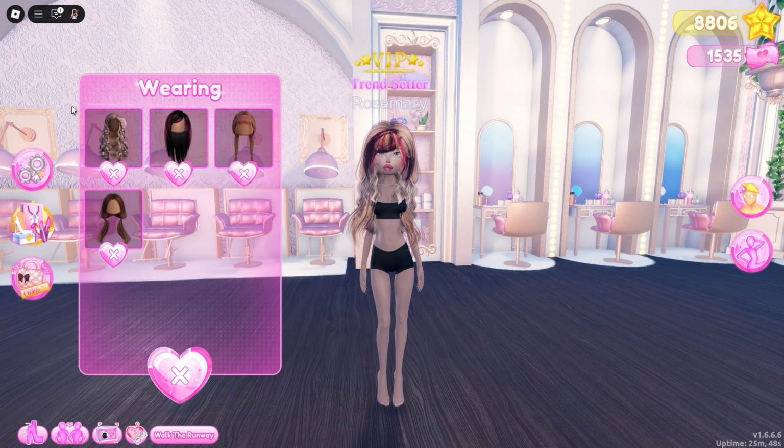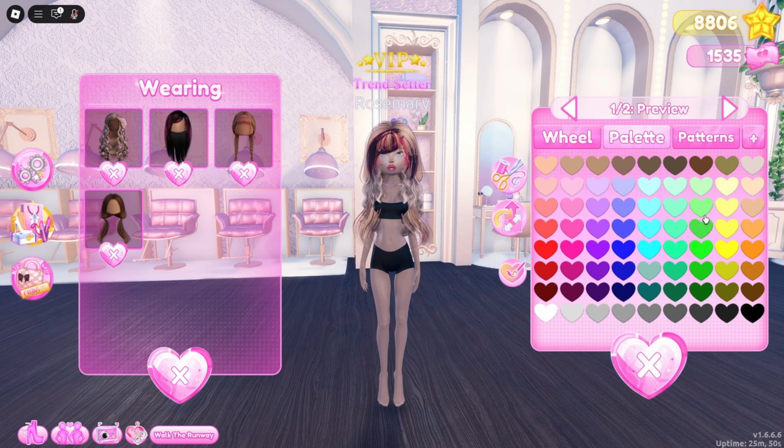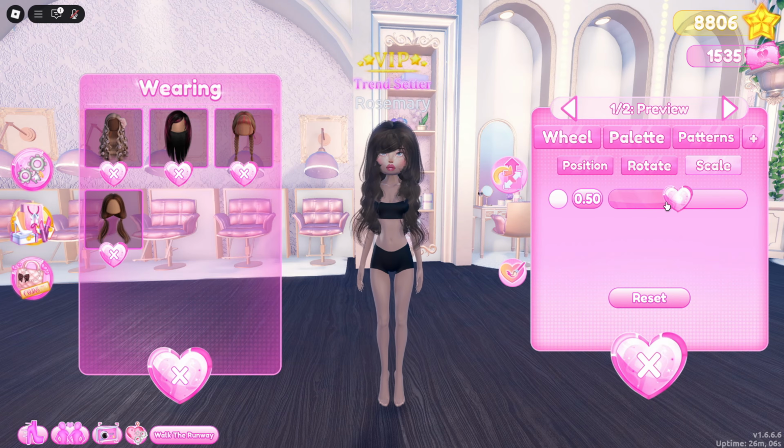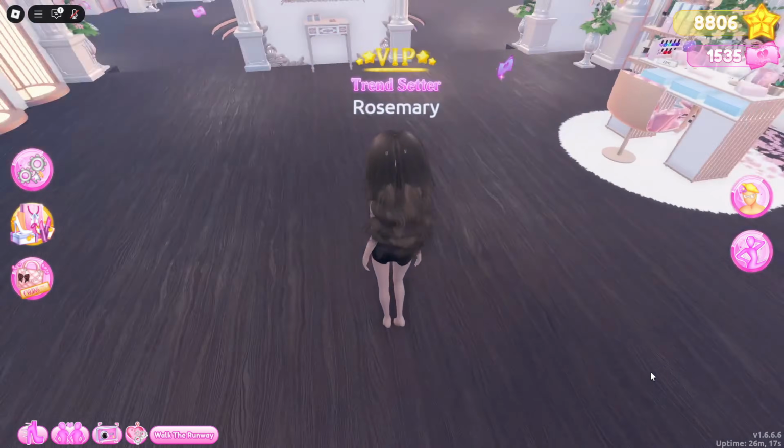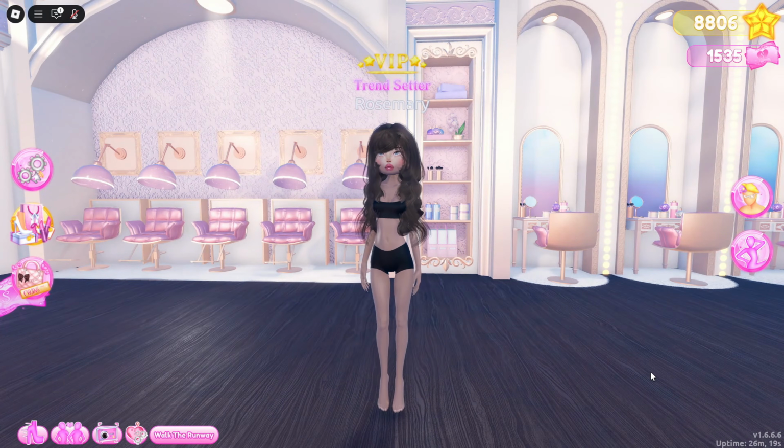Okay, so this is my hair combo. I might change it, but I'm just going to make it simple, not too much. Okay, this is fine as long as no one sees that bald spot in the back. Anyways,